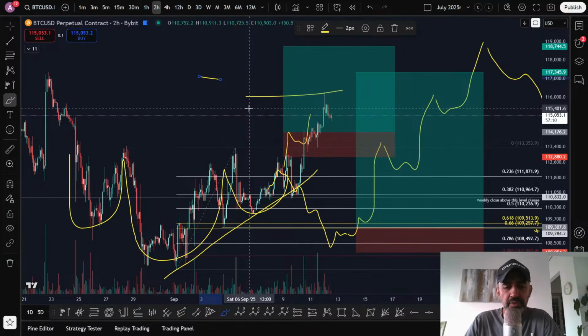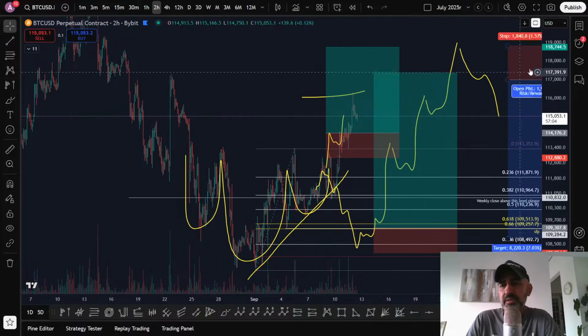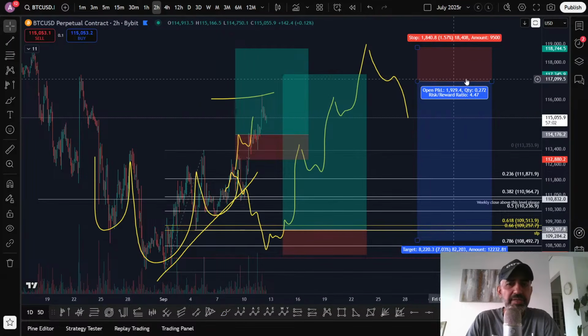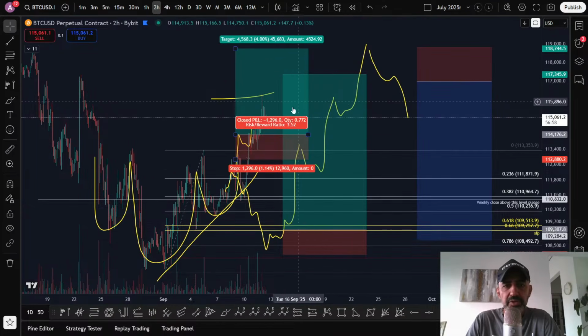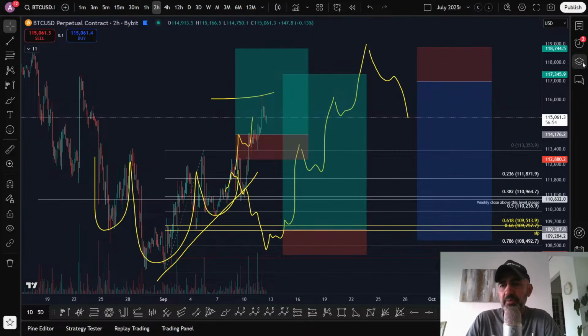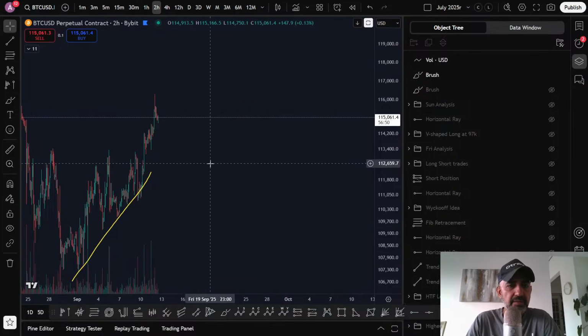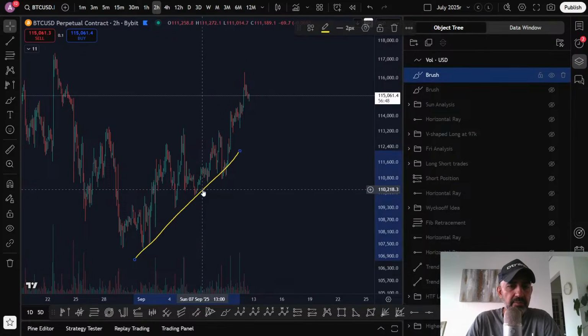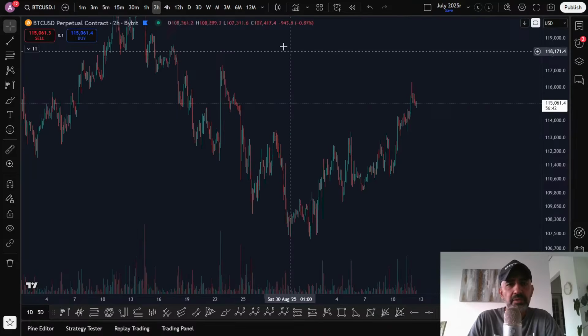Okay, so that was 3 days ago. That was on Tuesday. Okay, so I still think this short is in play, and this is the other thing. So right now we haven't reached our target yet. We almost did, but we haven't reached our target yet. So I'm going to get rid of this analysis now. There is a trend line in play here, but I'm just going to ignore that for a second.